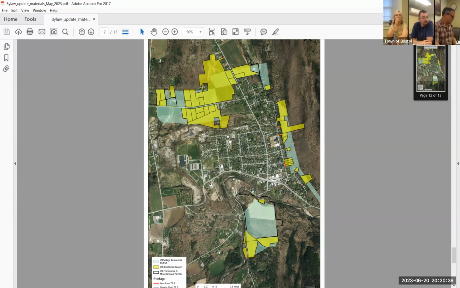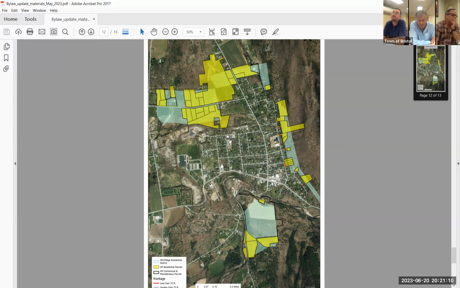So with the objective at the top of this that you read, it indicates that it shouldn't match the HDR density by providing a transition, correct? It's the purpose of this district to create a transitional zone between the village core and the surrounding rural agricultural area. The district shall allow for increased residential density and compatible small businesses and civic uses in areas extending outward from Bristol Village.